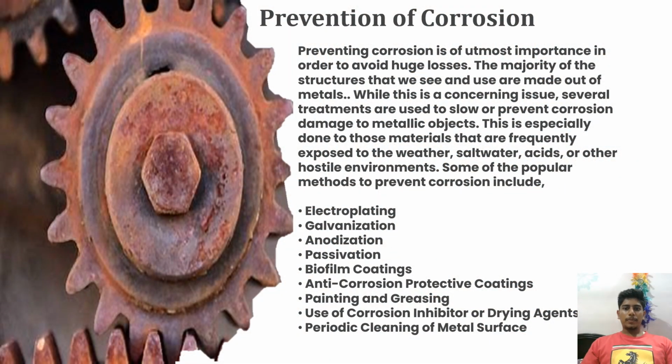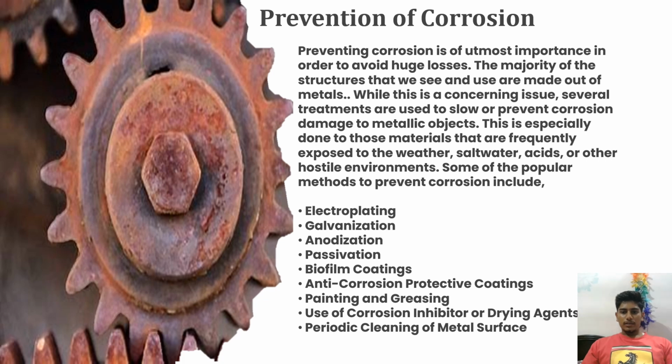Now, let us see the prevention of corrosion. Preventing corrosion is of utmost importance in order to avoid huge losses. The majority of the structures that we see and use are made up of metals. While this is a concerning issue, several treatments are used to slow or prevent corrosion from damaging metallic objects. This is especially done to those materials that are frequently exposed to the weather, salt water, acids, or other